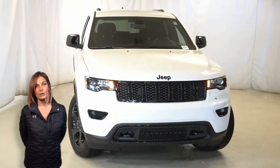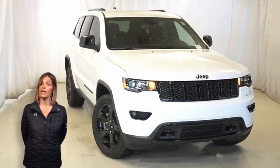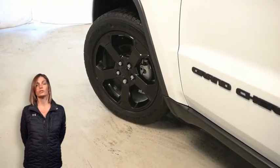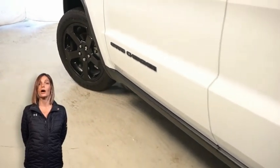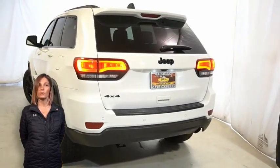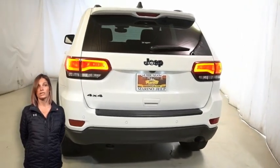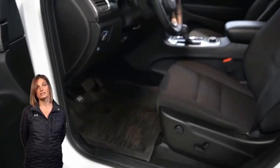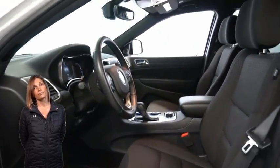Looking for a highly equipped SUV with all the right options and space for the whole family? We'll take a look at this certified pre-owned 2020 Jeep Grand Cherokee Upland in bright white. With dark headlamp bezel finish, gloss black exterior accents, 20-inch gloss black painted aluminum wheels, dark daylight opening moldings, dark lens tail lamp, heated front seats, heated steering wheel,